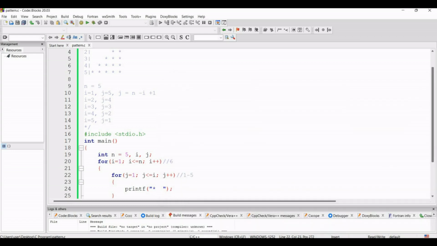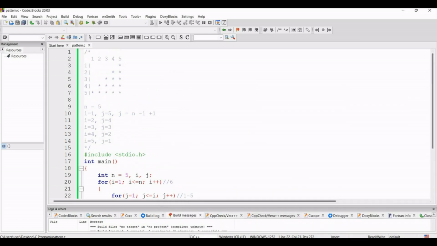So for that reason, what do we have to give? We have to give this space gap over there, in between. Instead of a space, suppose I am giving a @ sign. So here you can see this space, and in this way we have to create a space. Suppose this @ is for space. So in this way we give this @ gap, then we can give this star.